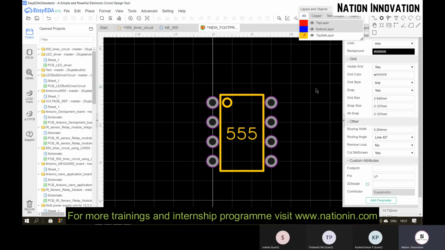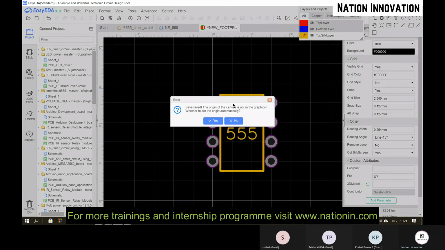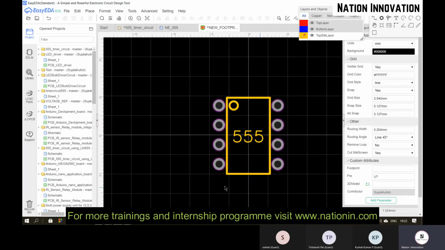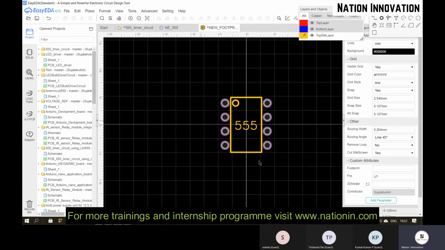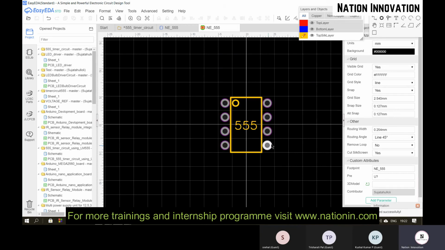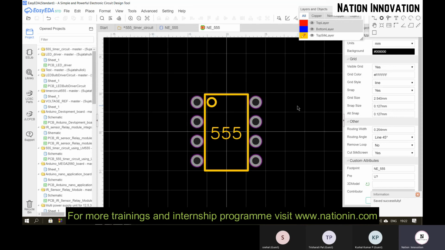First, again saving this footprint, press Ctrl S. It will ask whether you want to place this footprint at the origin. If you press yes, it will automatically place your footprint at the origin. Again save it. Just name the footprint, like this is NE 555 timer IC. So the footprint has been saved.